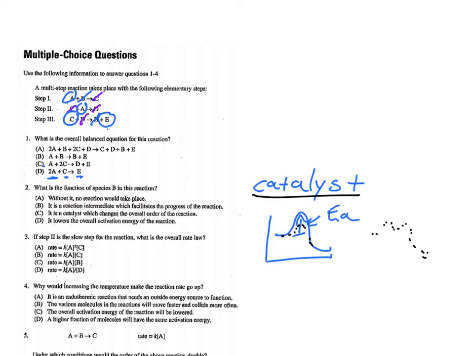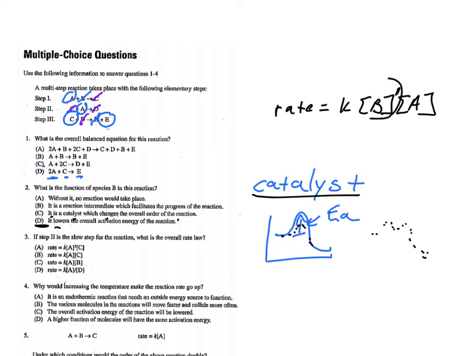And so let's look at our answer choices. So D is definitely correct. It does lower the overall energy of reaction. C, it is a catalyst which changes the overall order of the reaction. So that's the part that's a little controversial here, is you remember that when you write a rate law, it is possible to have a catalyst in your rate law, and it can be a variety of orders. And of course, you could have something else in there as well. So when they say it changes the overall order of the reaction, yeah, it very well can be,